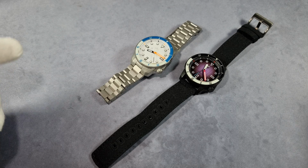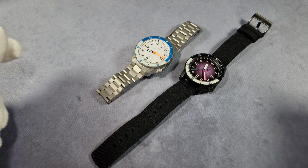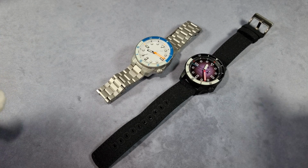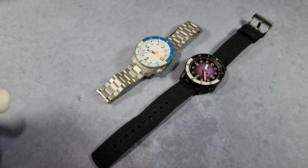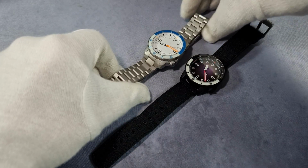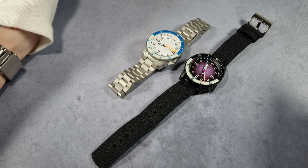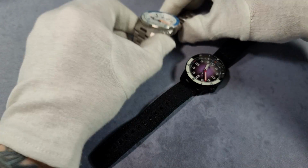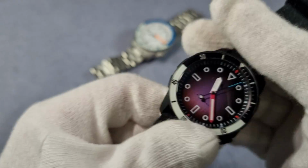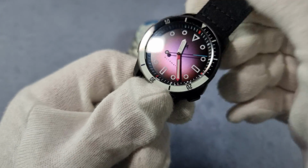No date, as I said. The lume that they're using is BGW9, and that's on the indices, the hands, and the bezel. Can't complain, and the lume's really good. I'll show you a lume shot later. They did say that they're going to increase the lume on the hour indices, so it was not so much this one, but this one, because they're not applied, they're printed, so they're getting a thicker application